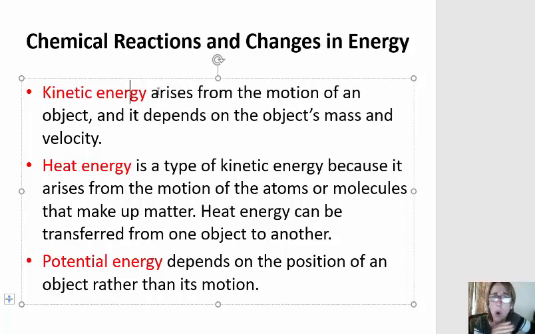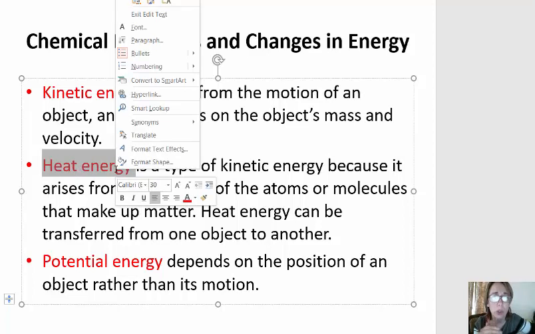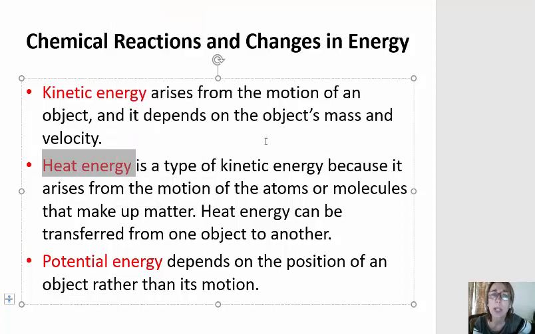Also, electrons are always moving, and they're moving really, really quickly. So electrons have kinetic energy, as do the protons and the neutrons, but they're not moving as quickly as the electrons. Heat energy is an energy flow from high temperature to low temperature, and most chemical reactions actually release heat